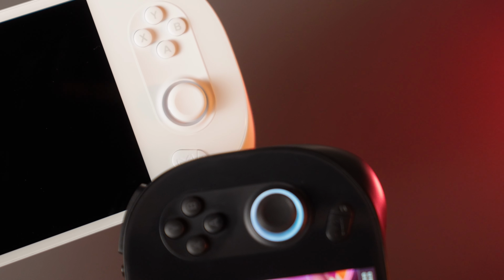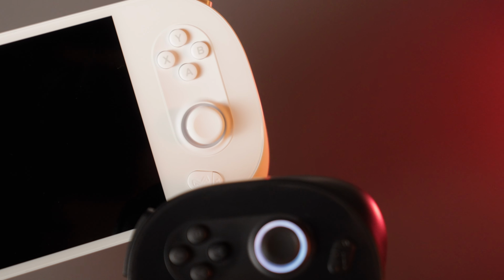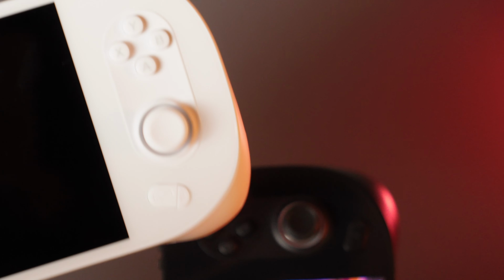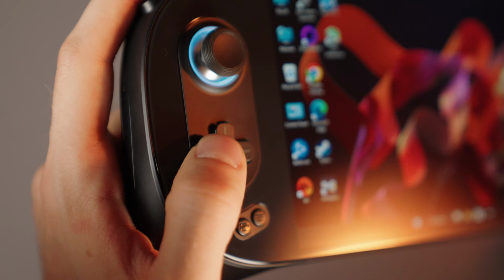It has what I consider the best looking button and sticks combo. They are surrounded by these little plastic islands which remind me of the design of my all-time favorite handheld, the PS Vita. Though not only do they look great, they work fantastic too. The analog sticks are Hall sensing sticks made by GuliKit, which is the de facto producer of Hall sensing technology. And the ABXY buttons have a satisfying click, and so does the D-pad. I'm unfortunately not the best fighting game player, so I can't really say if this D-pad is the creme de la creme of D-pads, but I don't think you will have any problems pulling off some combos with the D-pad